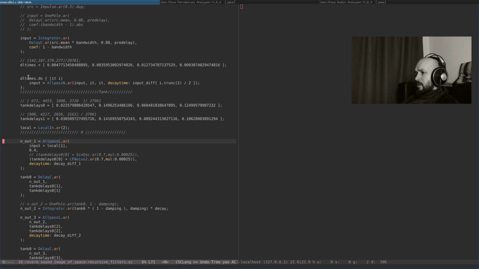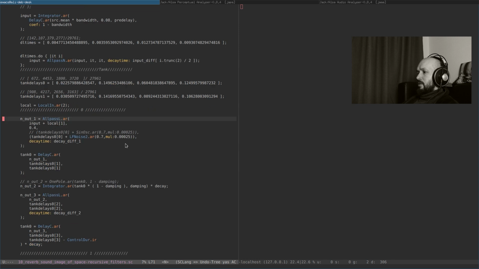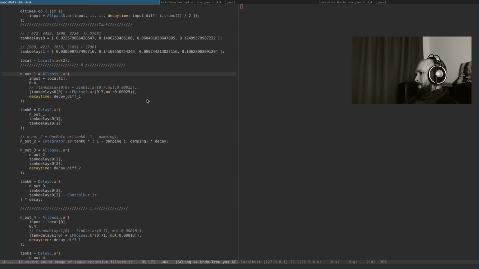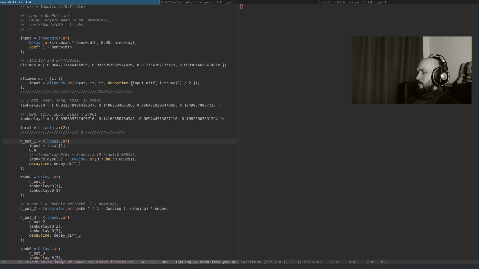So we have 4 delay times and correspondingly 4 all pass filters, a chain of 4 all pass filters. This is just a method to not bother with the controls. I could just put 4 lines with all pass, or play like that, so that first input diffusion